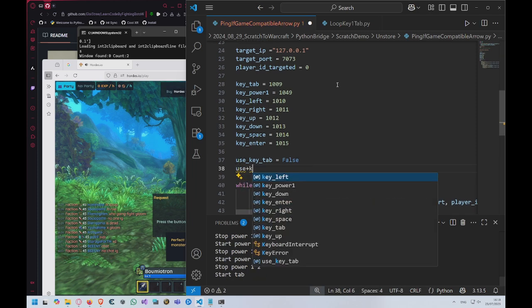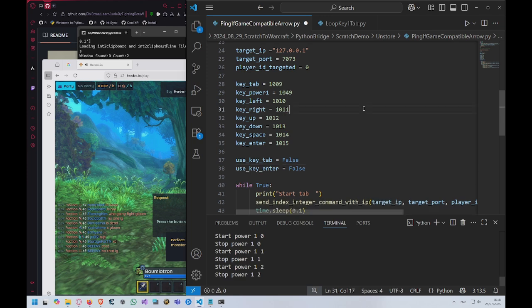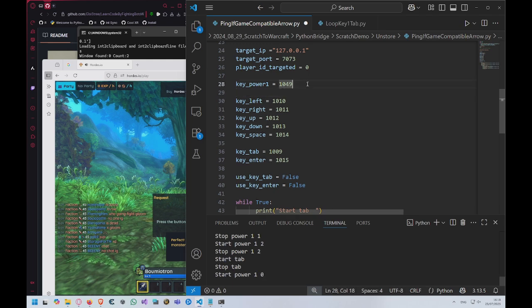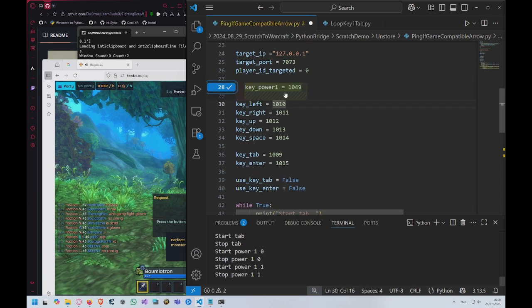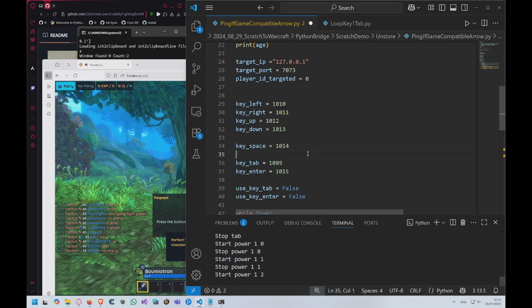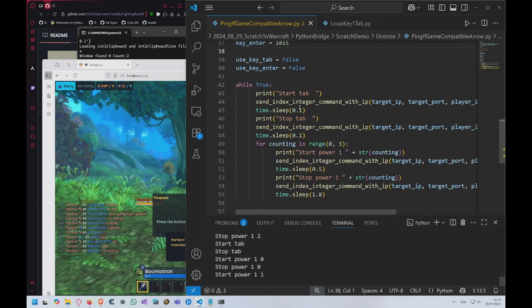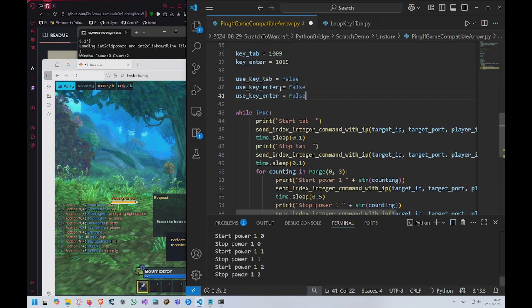Use up key enter false. Like that, if I need to try enter, I can try it, and if I need to use tab, like this. The power, I will remove it, because my aim is not to try an MMORPG. My aim is to try if the arrows of the game work, and space and enter, we know it will work. So even the enter and tab is too much. So, what we want to do, use space,